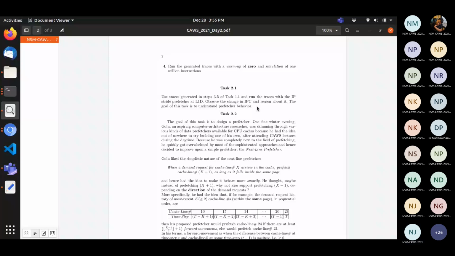Hello. Yeah, go ahead. Any particular reason for skipping some instructions in the beginning while generating the traces? I think we can take those questions later. We will be more than happy to respond. At least for the next half an hour, we can just stick to the sessions that we had in the morning and the afternoon. Yeah, this is about the lab that was conducted right now. For the lab, we can take it up to 4:30. Okay.